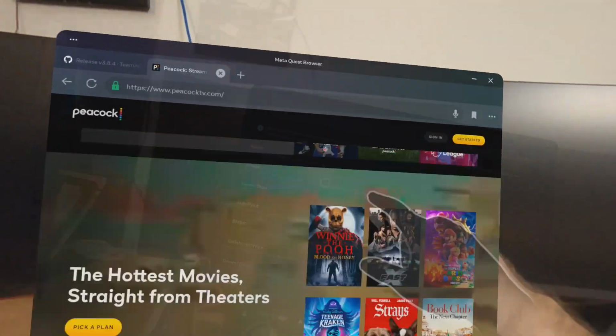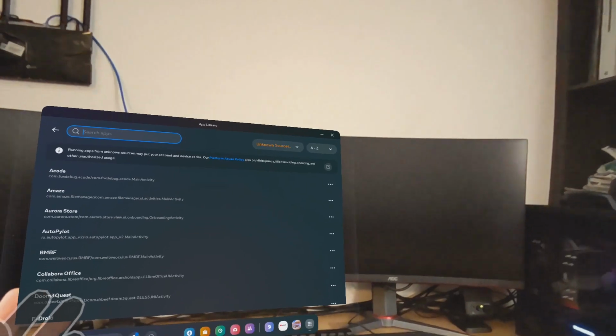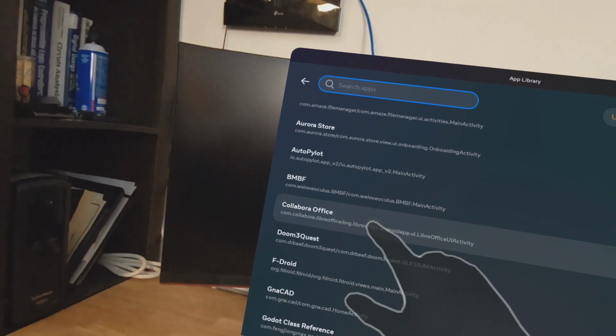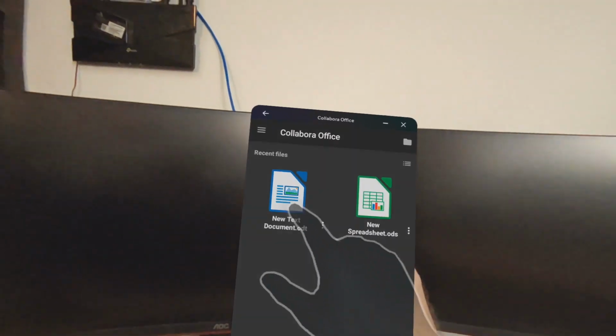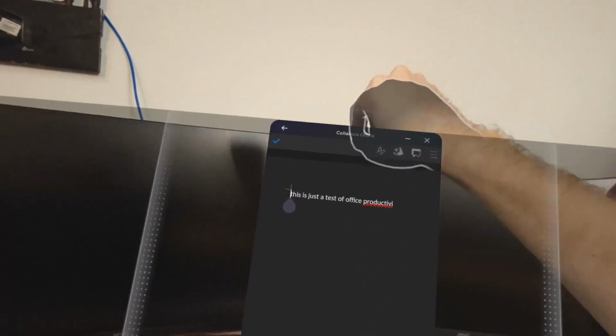The other point of frustration is a lot of these apps, again, like I said, LibreOffice, somebody else mentioned Office 365 works. These things should be available on the store. Like, I didn't have to do any modification. I downloaded the APK and I sideloaded it. The developers should be courted by Meta to bring over more apps from the Google Play App Store. I understand that if they're tied with Google Play services, that might take a bit of effort for the devs, but